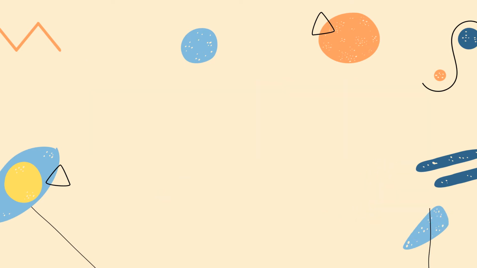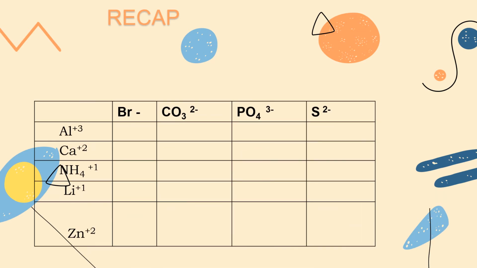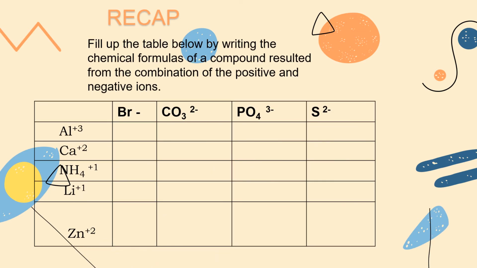Let us now find out how well you are in writing chemical formulas and giving their corresponding names. Fill up the table by giving the correct chemical formulas of a compound resulting from the combination of the positive and negative ions. Remember to apply your rules in writing chemical formulas. Write the positive ion first, followed by the negative ion. Let's begin now. Al and Br, you will have